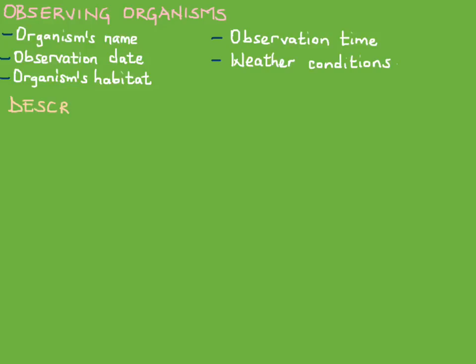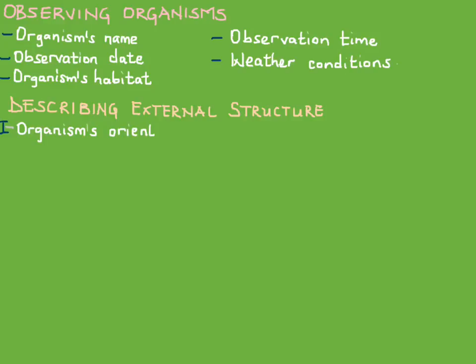In describing the external structure of an organism, it is necessary to take note of the following. 1. The orientation of the organism in space. The terms that are used to describe the orientation of an organism in space are: